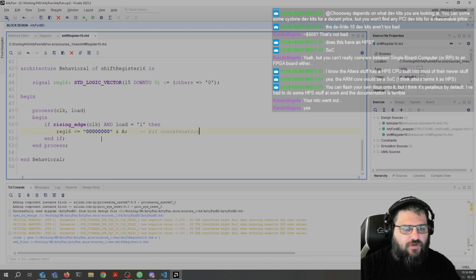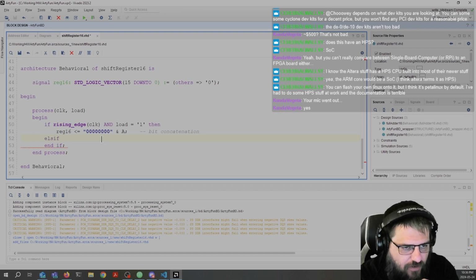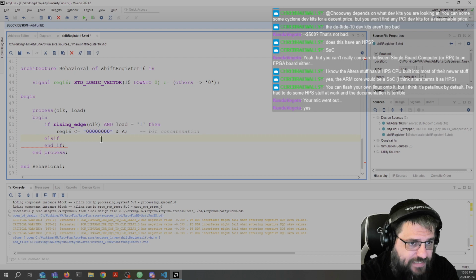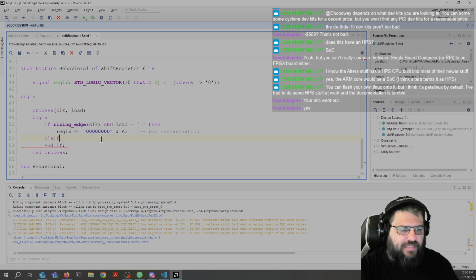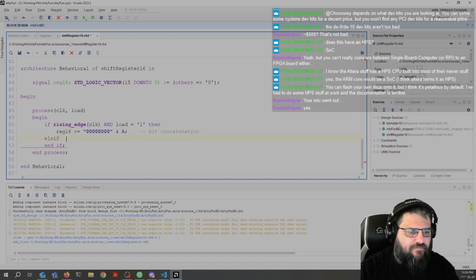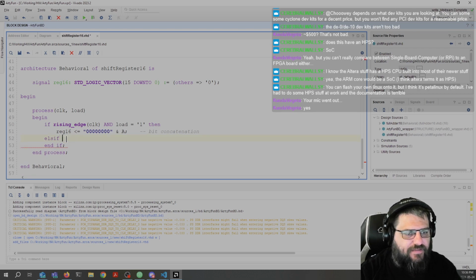Okay, so I can do else if here, and look closely at how I'll write else if. It's one of the worst ways I have seen. I think there is elif I see also in some languages. I don't remember which one, but this is really easy to me. So else if, no E, no space. And I want to say that rising edge CLK and start equal 1. Then,